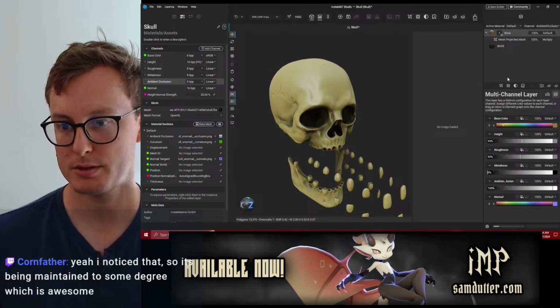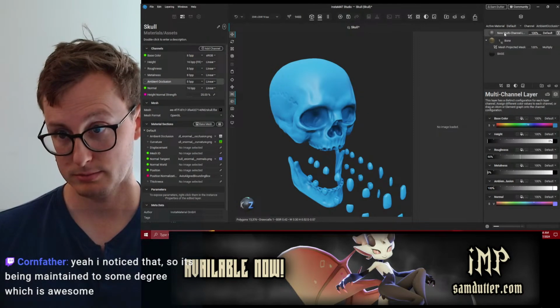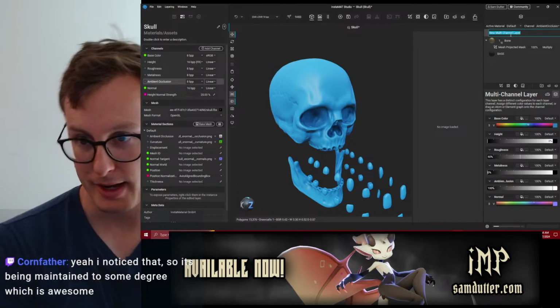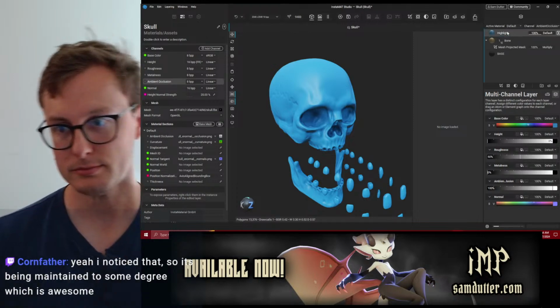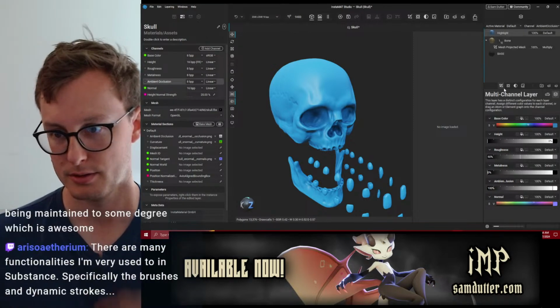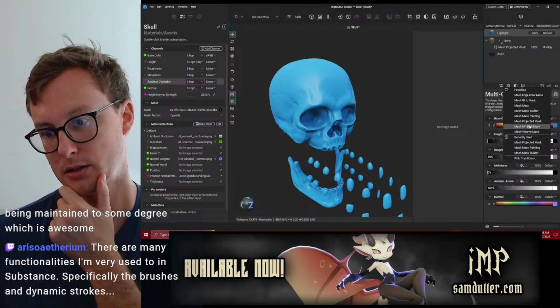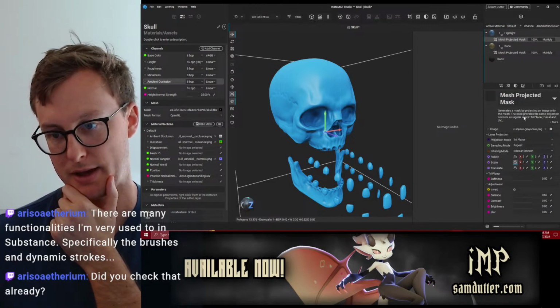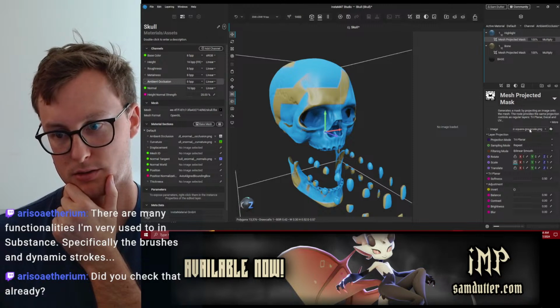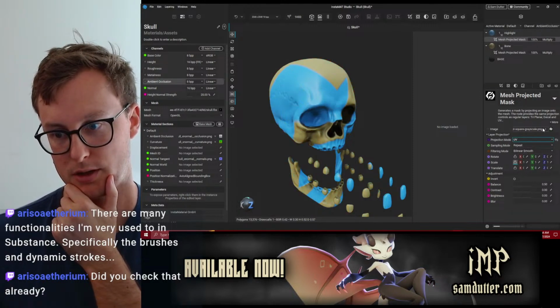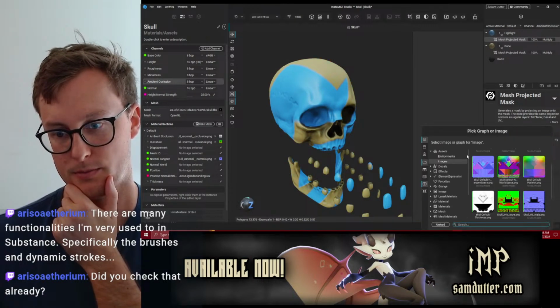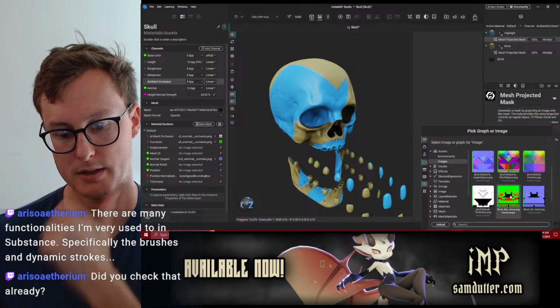And then on top of this, we'll add another channel. We'll call this one highlight. And we'll add a mask to it. We'll use the projected mask, UV. And I want to see what our curvature map does when I stick it in here.